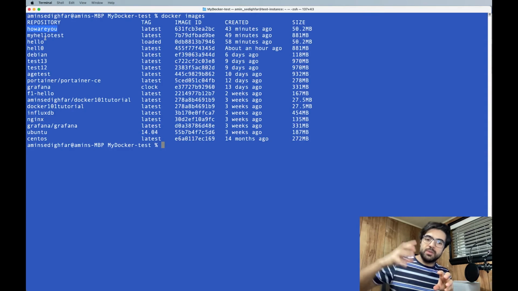So you want to SFTP it. Yeah, you can pull and push to Docker Hub and get it wherever you want, but sometimes you want to SFTP the file. Sometimes you want to have a backup. For any reason, you want to have a zip file of that. So there are two